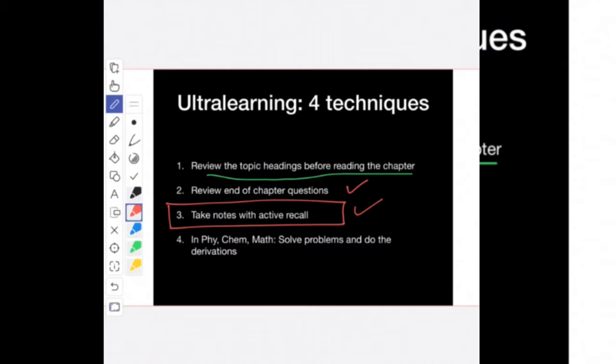I want you to follow the same process that we have described. There are no topic headings, so step number 1 is not relevant. Step number 2 is review end of chapter questions. So before you start reading the paragraph, go and read all the questions and the answer options, and think about what might be the right answer option. You don't know the answer, don't worry about it, but just read and think for a few seconds,